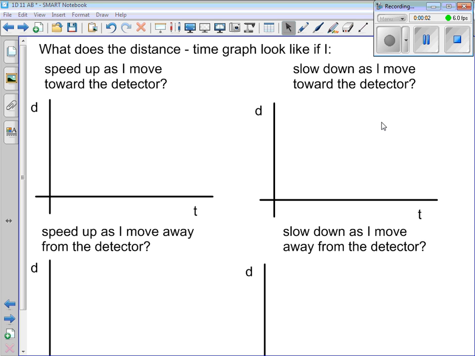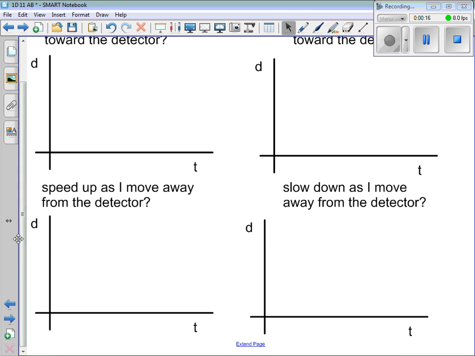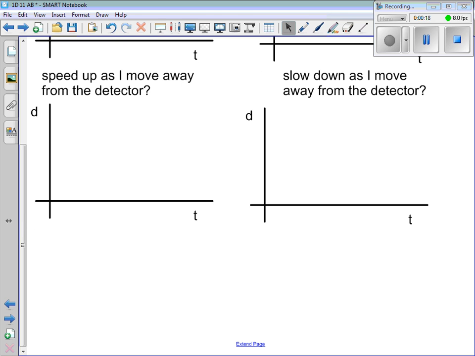Okay, in this question we're asked, what does the distance time graph look like if I speed up as I move toward the detector, slow down as I move toward the detector, speed up as I move away from the detector, slow down as I move away from the detector? Okay, so up until now we've been talking about people moving slowly, continuously, at constant speeds. So if you're moving with a constant speed,